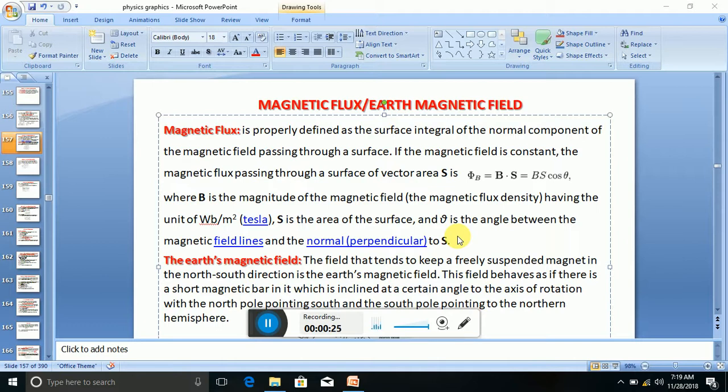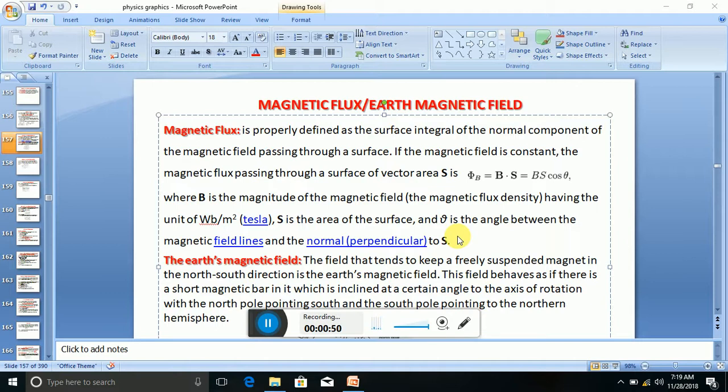If the magnetic field is constant, the magnetic flux passing through a surface of vector area S is given by B dot S, or BS cos theta, where the bold letters are vectors and the light letters are scalars,